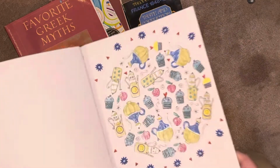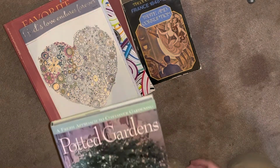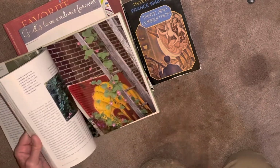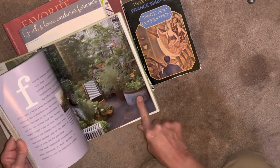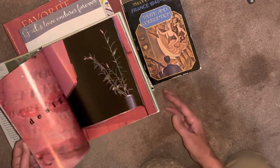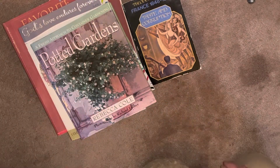Like so. So anyway, potted gardens. This was just purchased. When you go to these thrift stores, you find these great photos, and you can take out little sections and put them in your garden theme journals. And you can do this on the cheap. You can ask your neighbors, your friends,